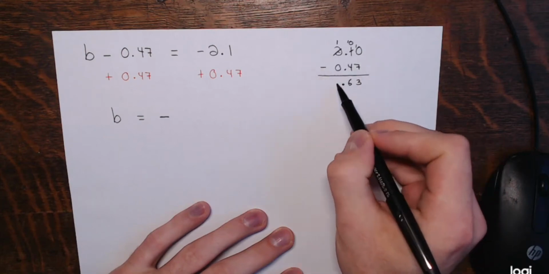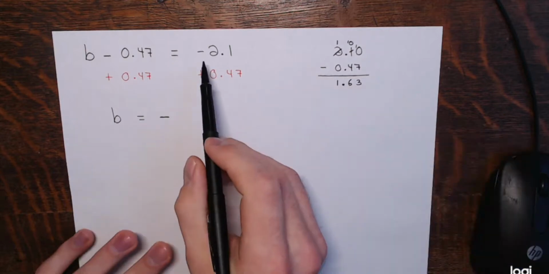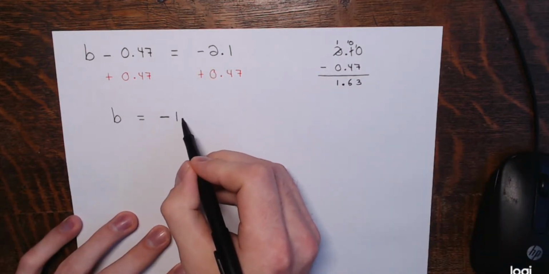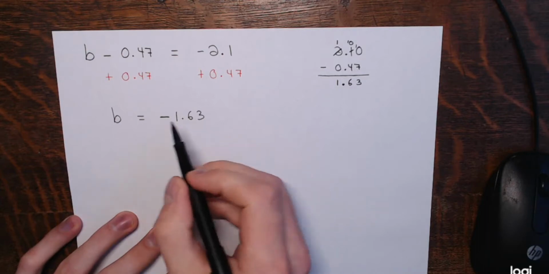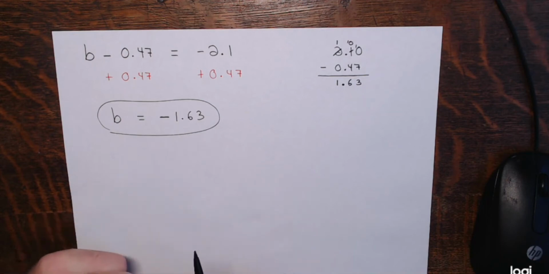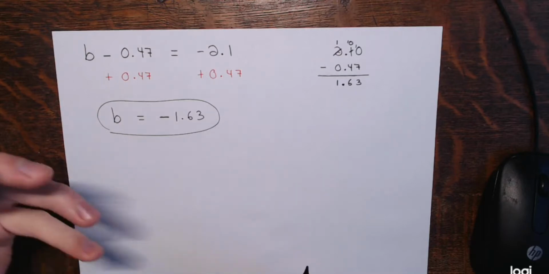And then 1 minus 0 is 1, so we have 1.63, but again, the negative number was bigger, so this is negative 1.63. And there's your solution. Right. Now, that's one way to go about it. All right. Now, what if you like fractions,